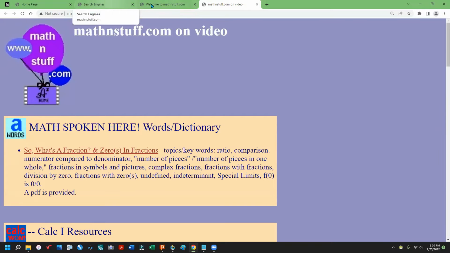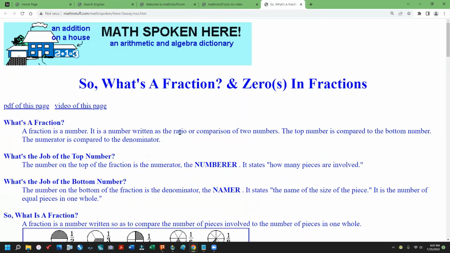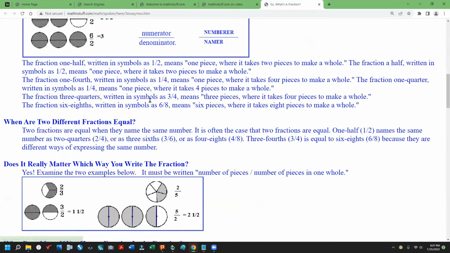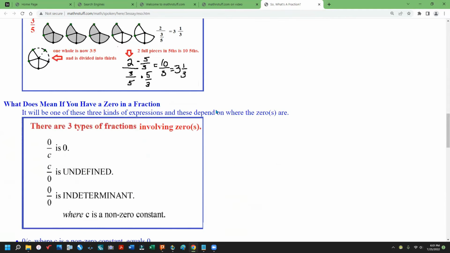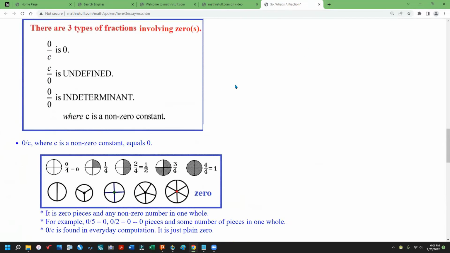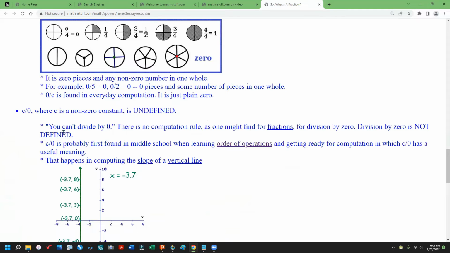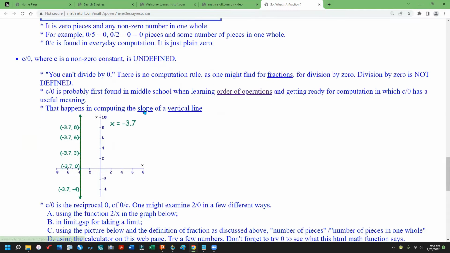Let's go back to where we are. Okay, we were here. We're going to scroll down again. We've talked about this. We're now talking about undefined. The first time you saw it was probably in middle school. And then you probably saw it when you talked about the slope of a vertical line. Slope,